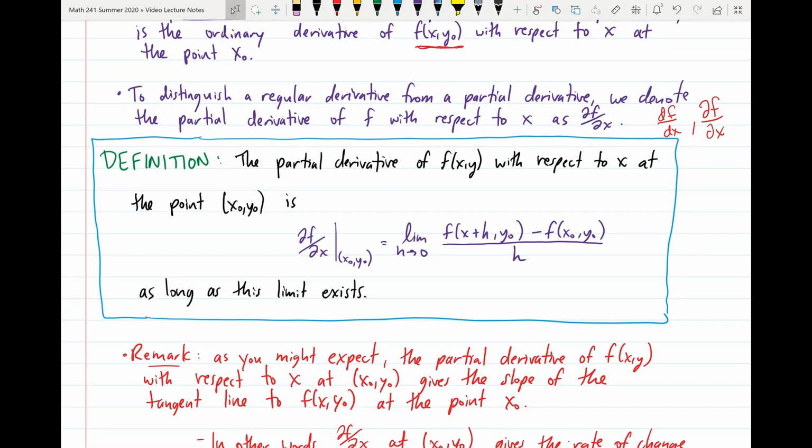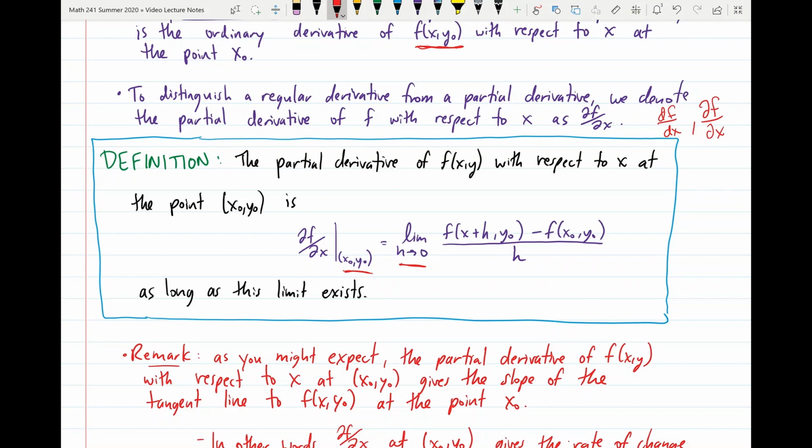The partial derivative of our function in two variables, f of x, y, with respect to x at the point x naught, y naught is, and we can write it as del f over del x, evaluated at x naught, y naught, or just at x naught, y naught, is equal to the limit as h goes to 0 of the difference quotient. So we have f of x naught plus h, y naught, minus f of x naught, y naught, all